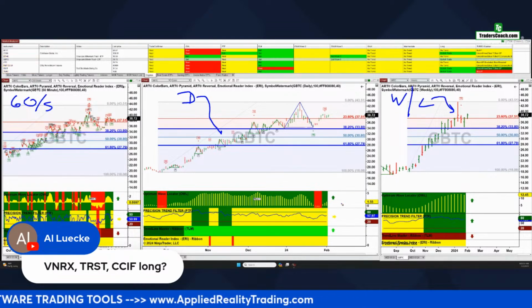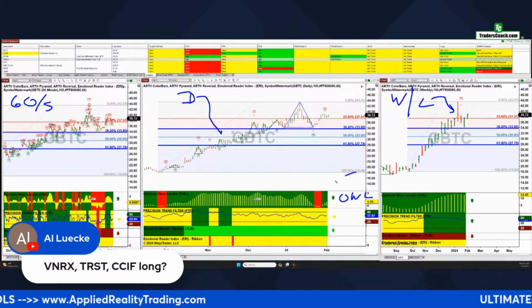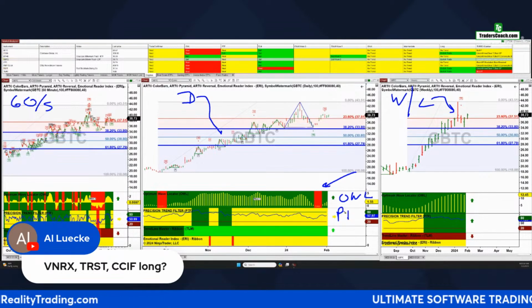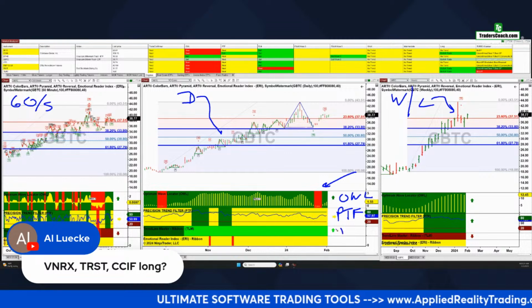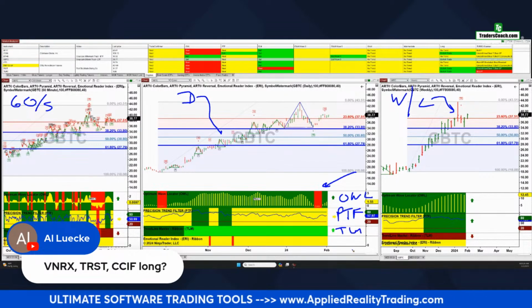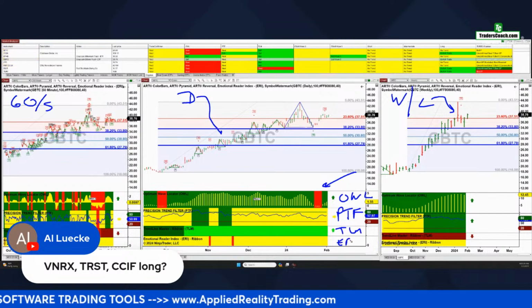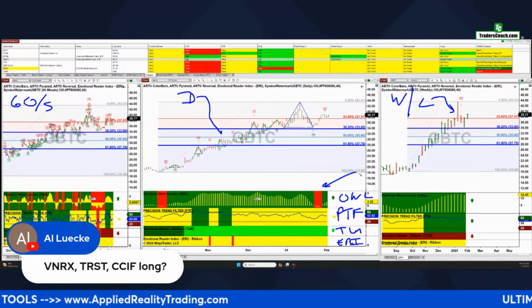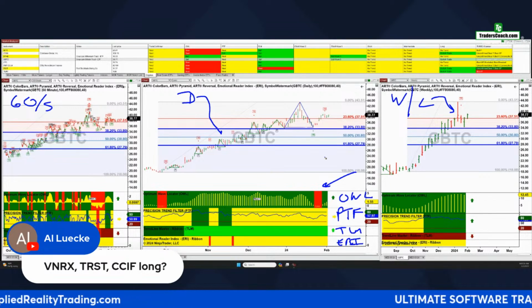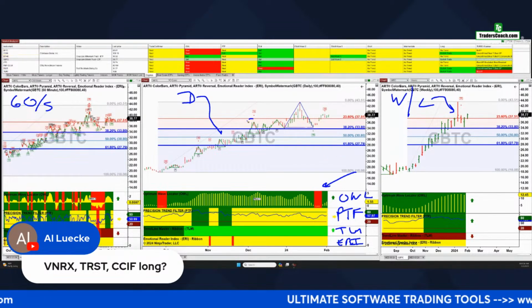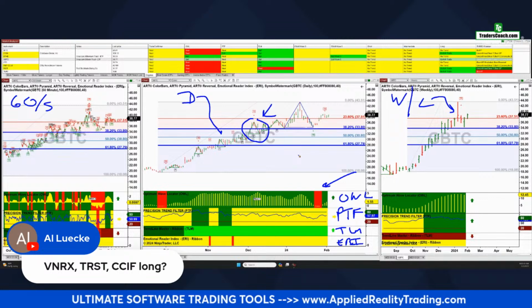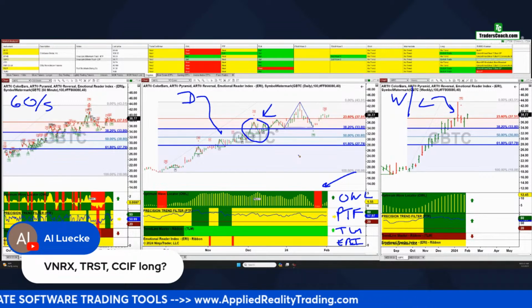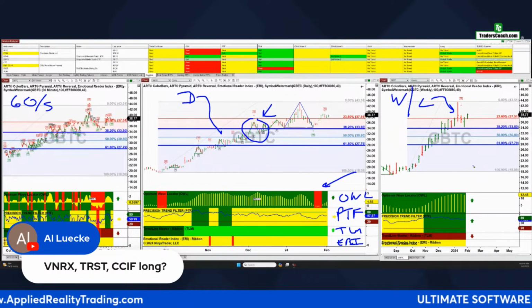You have the OWL indicator down here measuring momentum, the PTF indicating whether we're going to have more highs or lows. We have the trend line master automatically tracking the trend for us, and the ERI indicator down here taking a look at fear and greed in the markets and telling us when the fear and greed is overblown. On the chart itself, we have our fractal pyramid trading points, taking a look at trend trading patterns, taking into account momentum as well. And those give us our entries and our exits and trailing stops and initial stops.